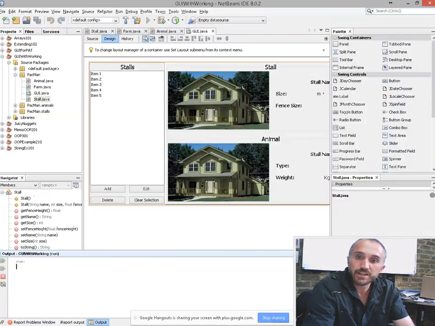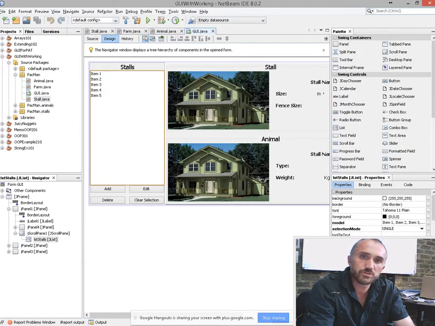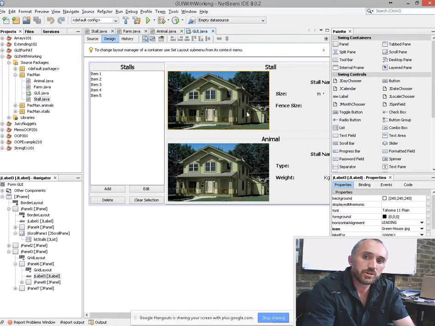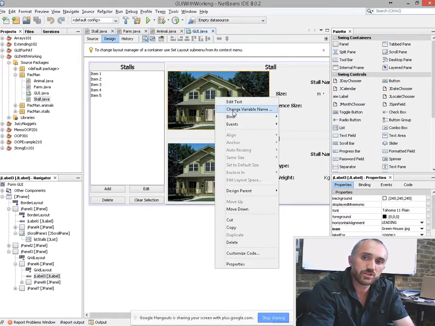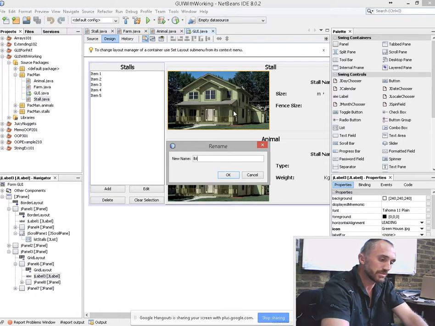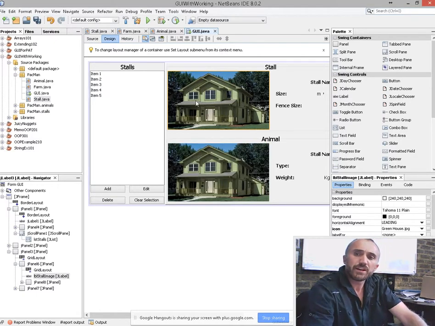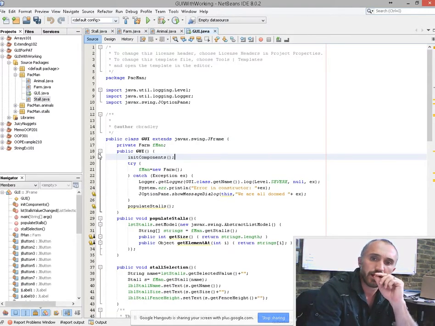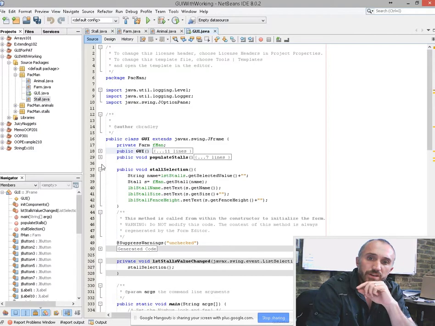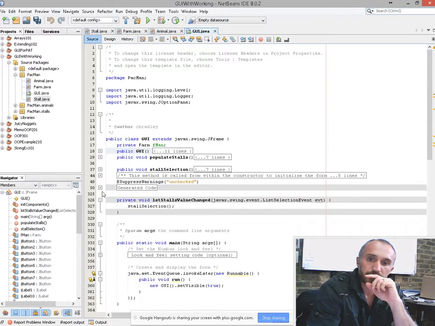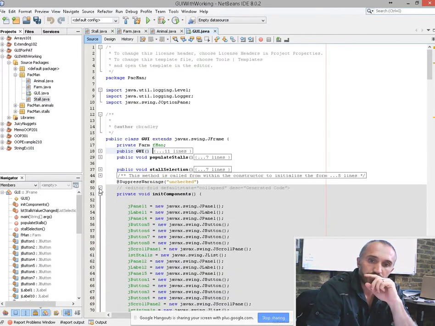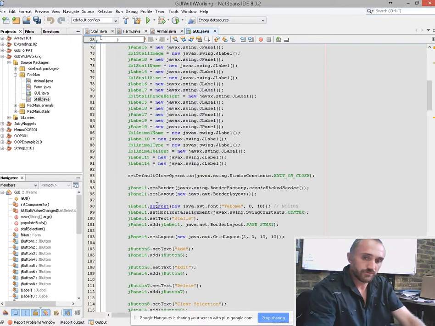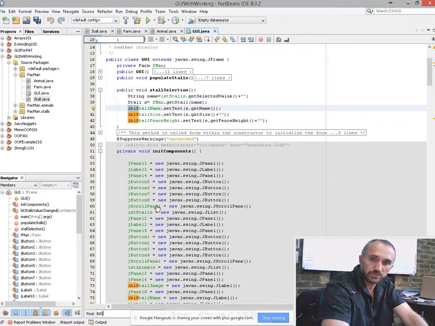Now, what we're going to do is figure out how we get it so that when we click on a stall, it will display that stall in here. So I actually added an image already in here so that we could find out. I'm going to call this LBL stall image, and I want to find out how the computer adds it into here, under the generated code, how it manages to do that. So if I take a look at the generated code here, and I go down and I find LBL stall